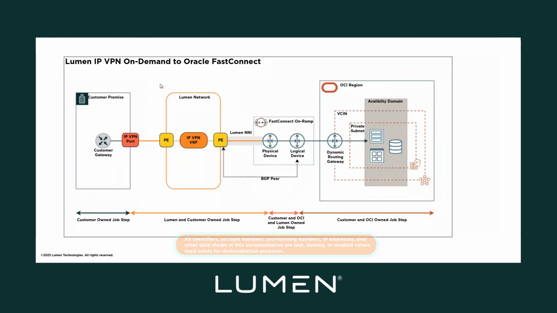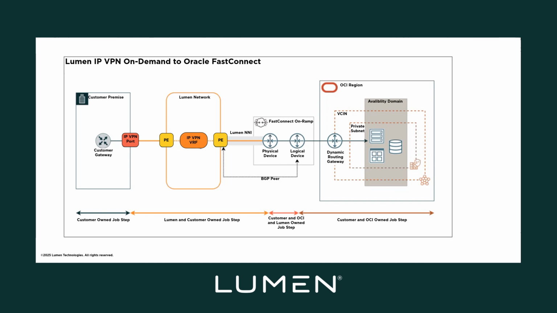How to create a Lumen IP VPN on-demand connection to Oracle FastConnect. We're going to reference this diagram from time to time as we create the necessary components for this connection. So if we look at this diagram,